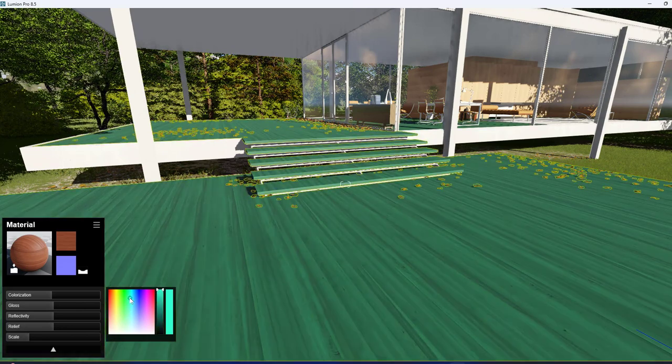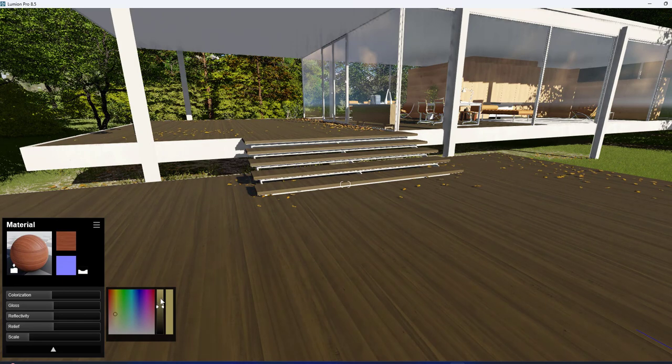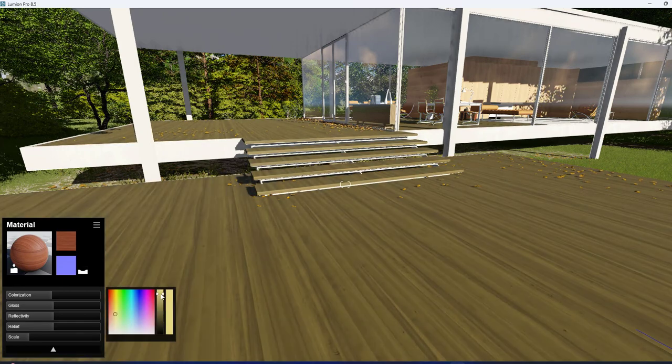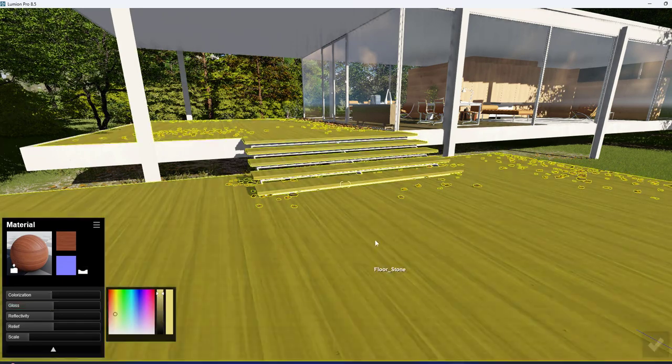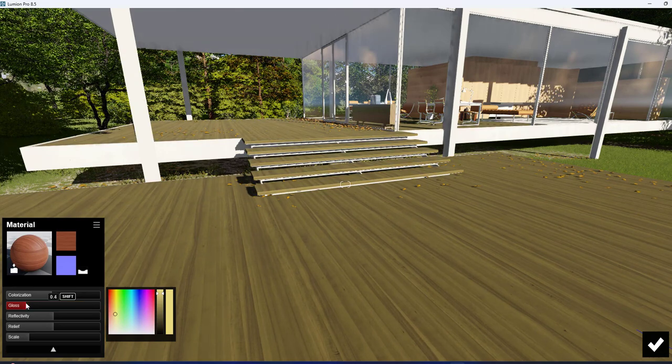Make sure you are very near to the market material. It should be available in the market in such a way that we have to do the editing. Don't go randomly, don't go add green, pink like that. Okay, you can see, you will get the wood in brown color, little bit orange tone like that. So you can just make the tone like this to darken it and then lighten up like this. And in order to add the glossiness, already we have some amount of glossiness. You can increase the glossiness depending on the requirement.